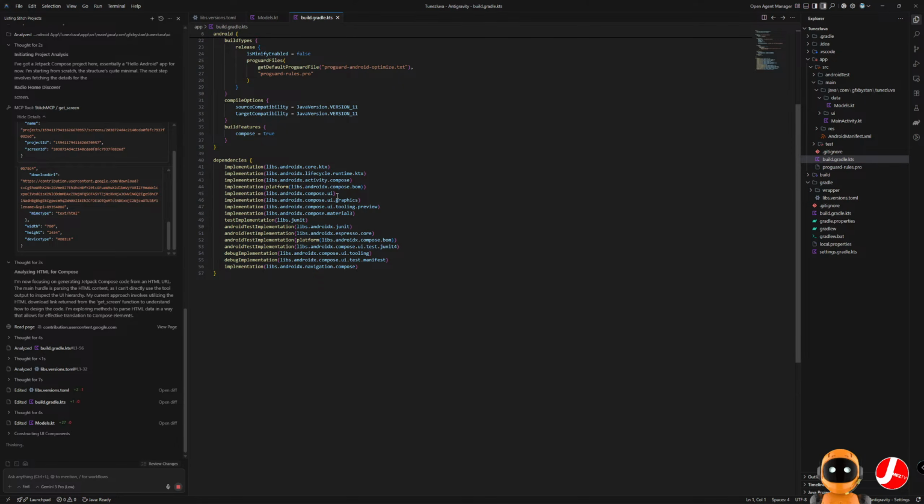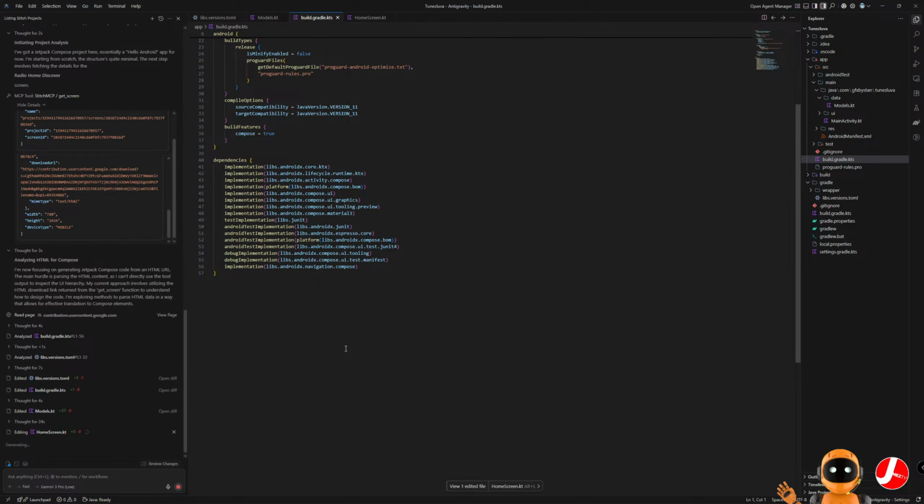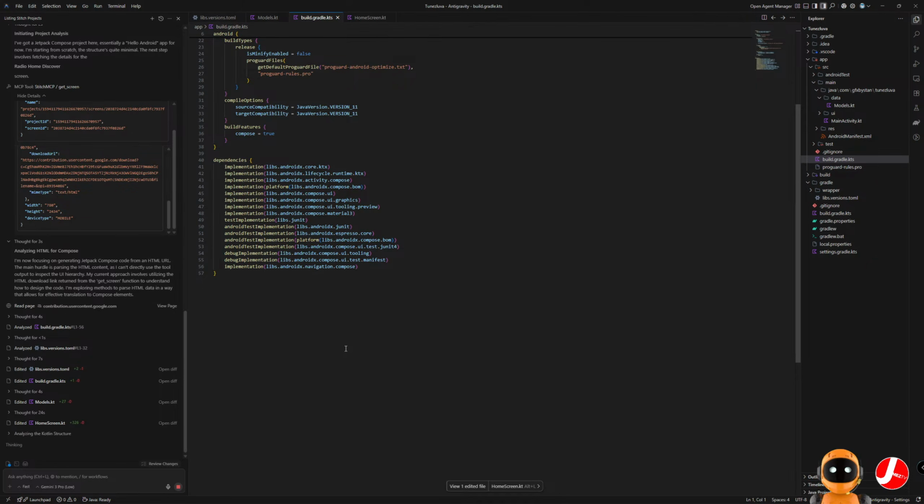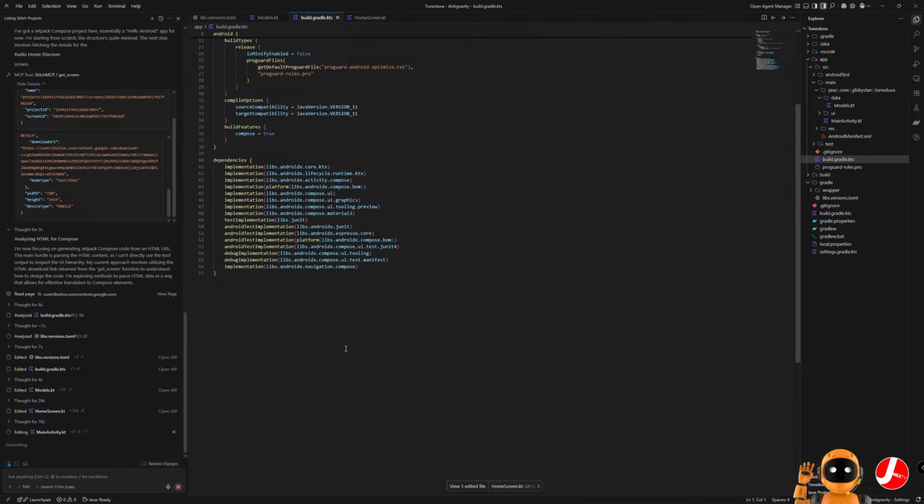And after it does what it's supposed to do, we'll go back to Android Studio, sync, and build. We'll get probably 1 or 2 errors. When we get that, we're going to just tell the AI, hey, can you take a look at this error and fix it? It's going to take a look at the folder, find the error, fix it, and then we're going to get to build. After we build, then we can get to the parts of the app that don't work, because a lot of the stuff is not going to work, and you just got to go through it and be like, okay, let's say the